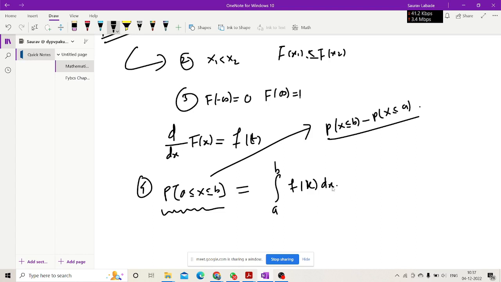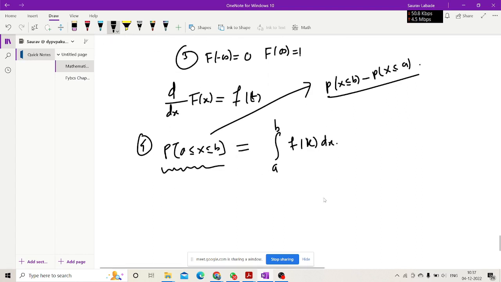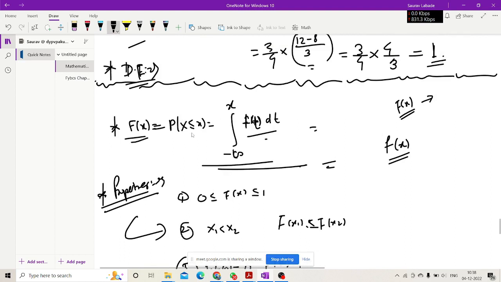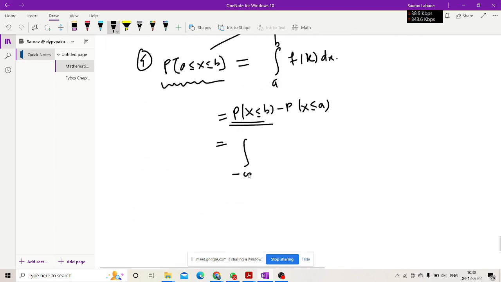Then again if you try to solve this, integration of a to b f of x dx, so this will become, बघा मी जसं की सांगितलं, this is probability of x less than equals to b minus probability of x less than equals to a. Now that means what? X less than equals to b means what? We have already understood this formula, right? X less than equals to x means what? Minus infinity to x. So similarly, this will be minus infinity to b. Okay, minus infinity to b f of x dx minus, minus infinity to, yes, tell me what will be